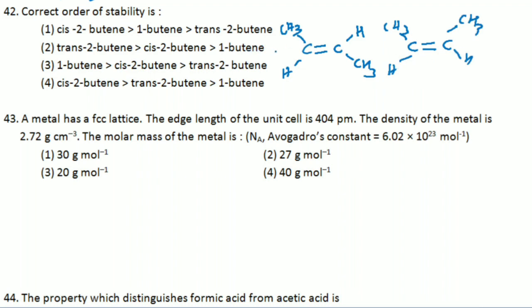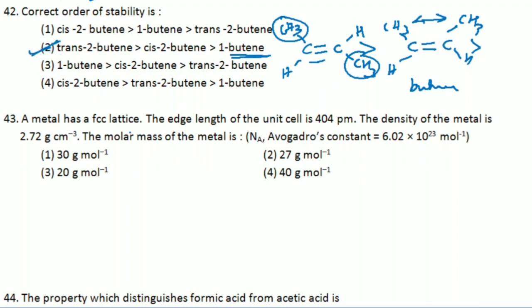Definitely always remember one important point, my dear students. Substituted alkenes are more stable than a normal alkene, butene. The reason for that depends on the heat of hydrogenation. So when I compare trans and cis, in the case of trans, these groups are away from each other. CH3 and CH3 are away from each other, hence there is not much repulsion. But here there is a repulsion, remember. Because of that, this is more stable than this, and this is more stable than butene. Hence, the answer for this question is 2.